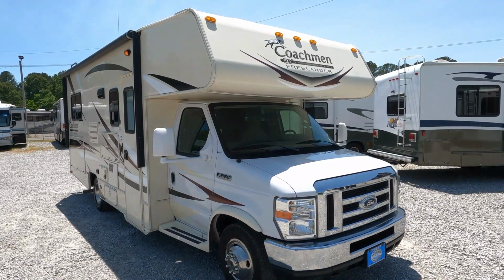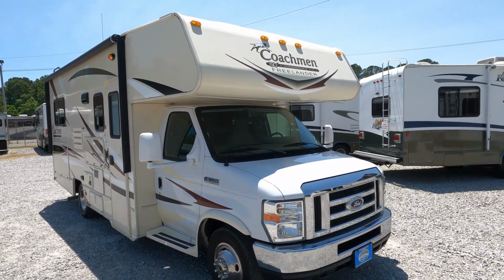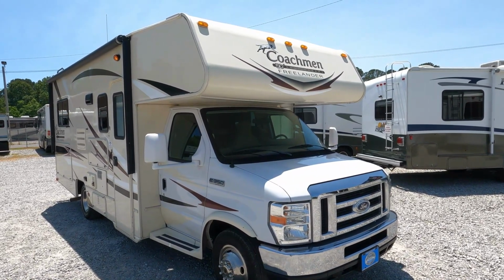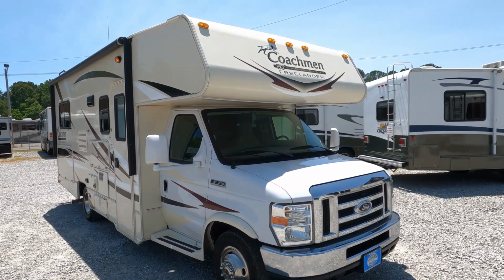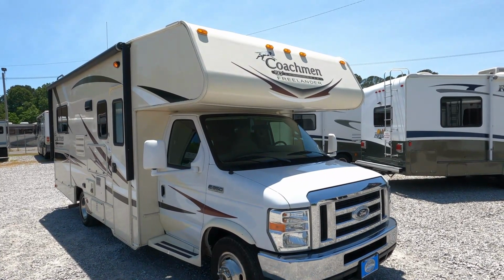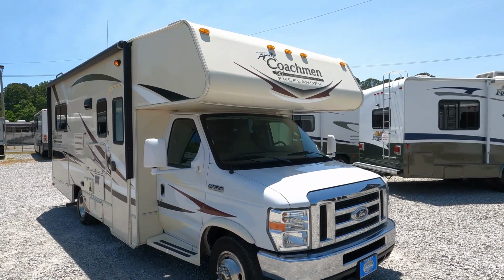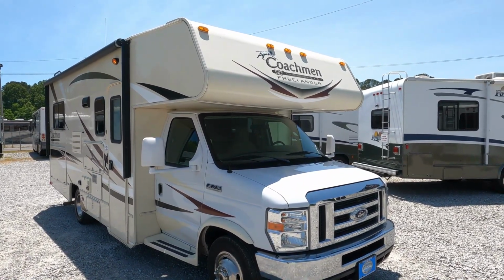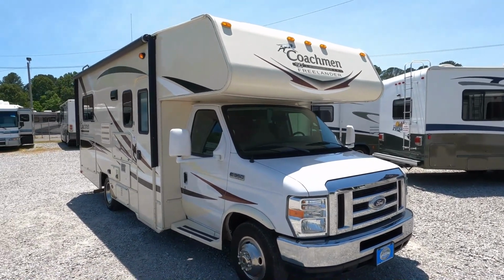Guys, just got this one in. A little short Class C motorhome with a slide for under 50 grand with low miles. I think this one's going to be a winner for somebody, guys. This is a 2014 Coachmen Freelander. Model is a 22 QB, and it's only 24 feet 5 inches long at its longest point. It has a slide. Great little floor plan, perfect for a couple or a small family, and $49,900 with 31,000